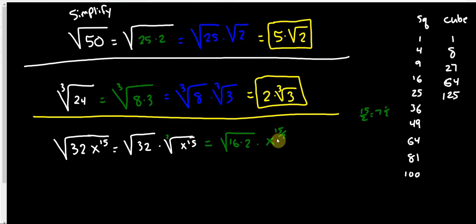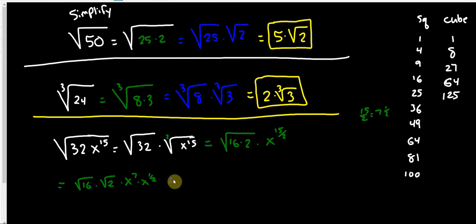So let's break this x up. Well, we can go ahead and break that up too. Let's break these pieces up. So I have the square root of 16 times the square root of 2. And I'm going to go ahead and break this x up into x to the 7th times x to the half. Because that's the same thing as x to the 7th halves. So x to the 7th, x to the half. Okay. Well, look at this. X to the half, that's just the square root of x, right? And square root of 2, so those pieces,